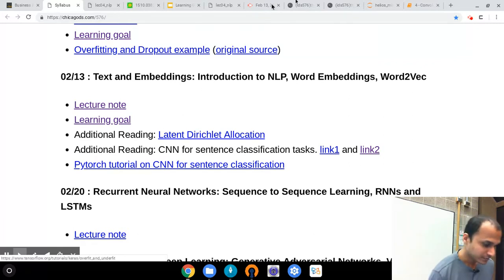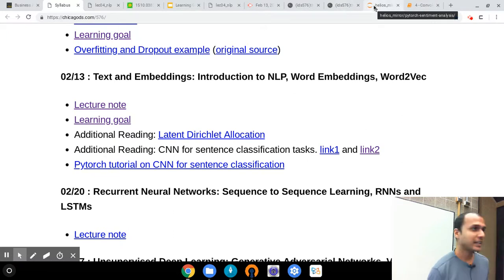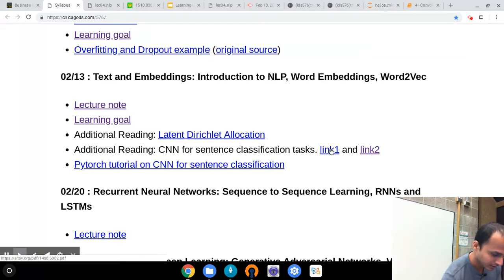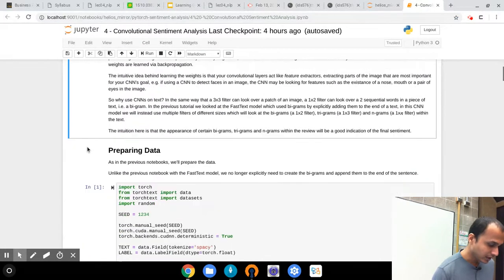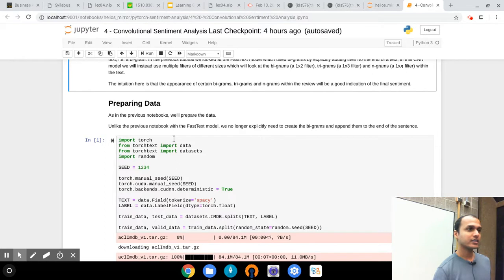There are many implementations of the architecture that I talked about from 2014, which is this first link. There are many implementations because it was quite effective when people were not sure why anybody would use a CNN for a sentence classification task, but somebody built an architecture, showed how you use a CNN layer, and showed that it performs really well. One of the implementations is from this tutorial, and I think the fourth notebook in it goes through how to use PyTorch